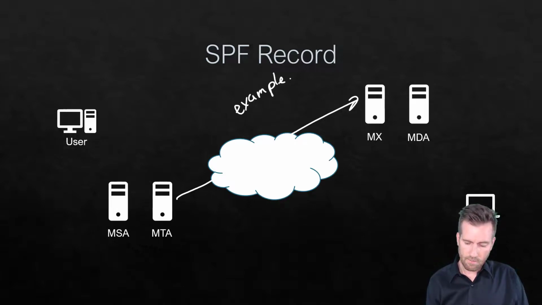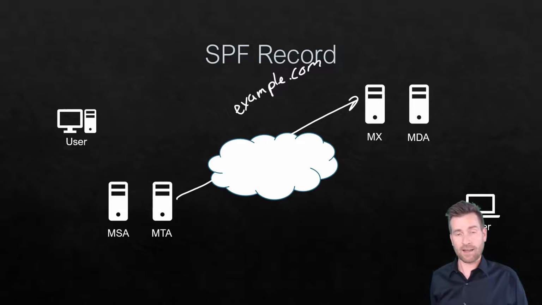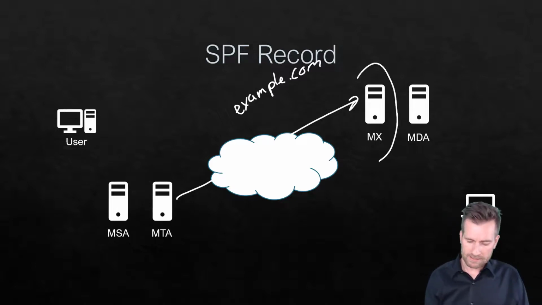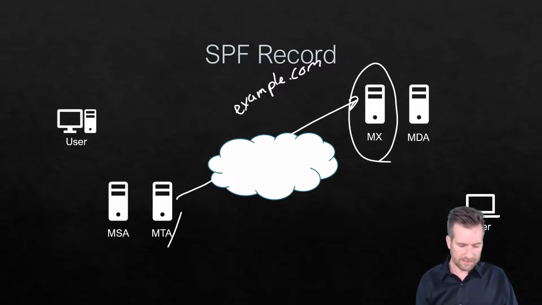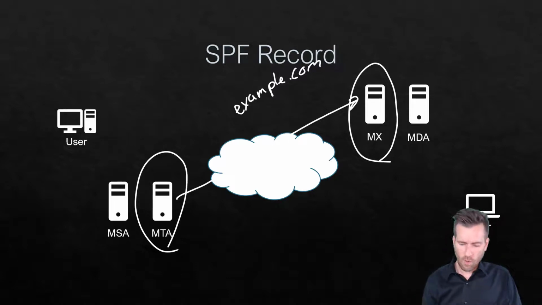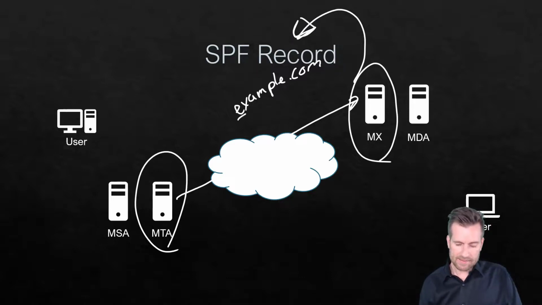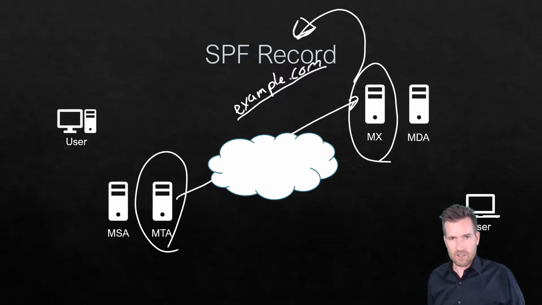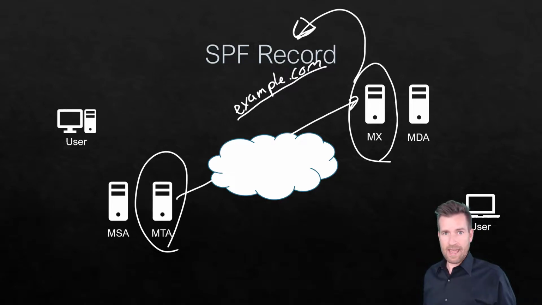So it's sending mail on behalf of example.com. This mailbox exchanger really doesn't know the validity of this server right here. And so what it will do is it will go and look up the SPF record that exists in the example.com domain. So it'll do the DNS lookup